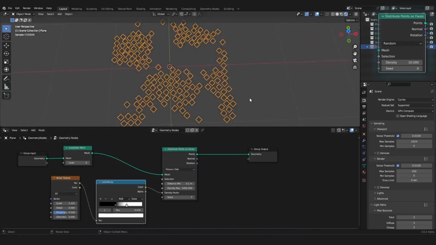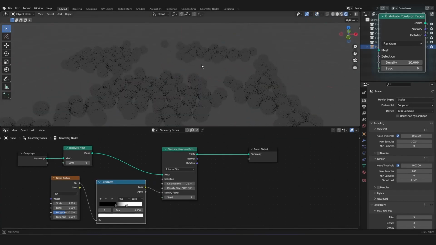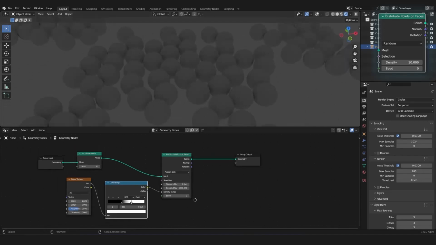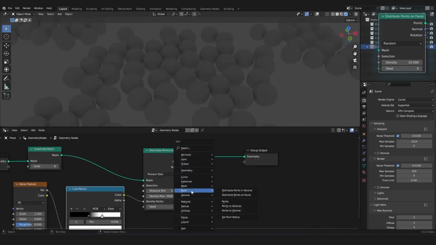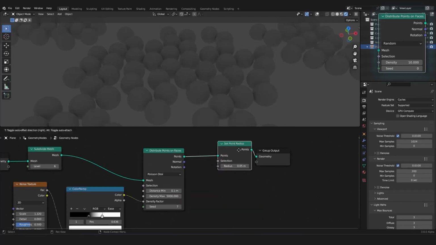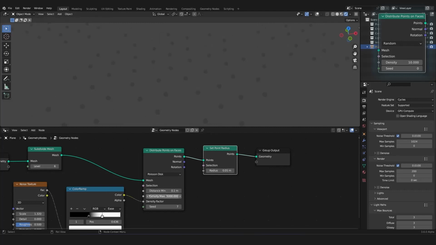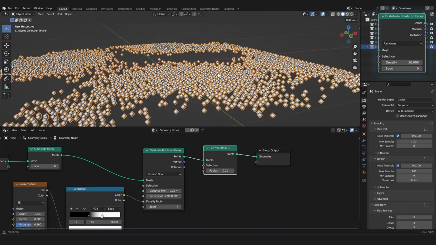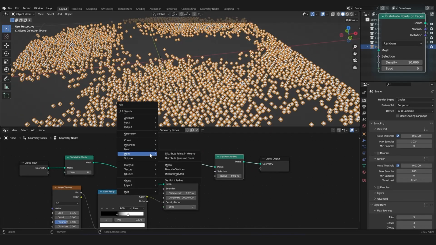And as I said, these can be rendered as point clouds in our geometry nodes editor. And to change the size of those, there is an extra node in the point submenu, and it is the set point radius. You can plug it in here, and here you can change the radius of your points, and then you can change the minimum distance so they are more like this. And this is already looking pretty good. And I think we can move on with our next node,